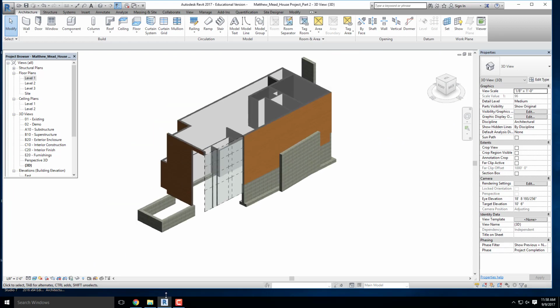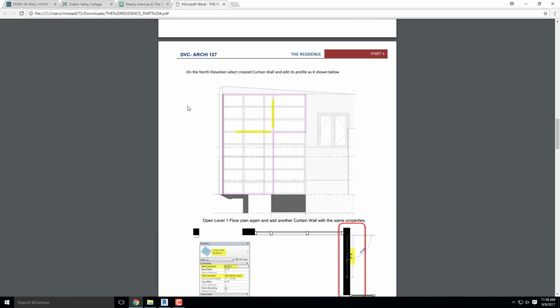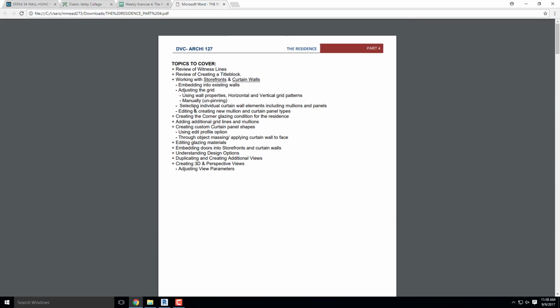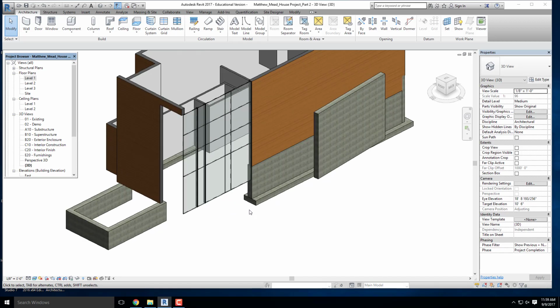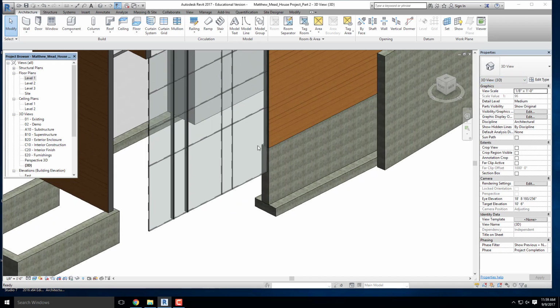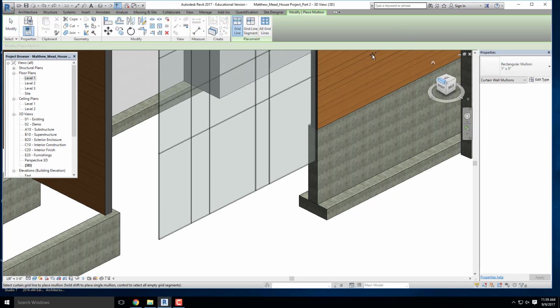Good? Okay. Let me go back, I'm sure I'm forgetting something. So we've looked at embedding into existing walls. We've looked at adjusting the grid using wall properties, both horizontal and vertical grid patterns. We've also looked at how to manually adjust the grid by unpinning, and selecting individual curtain wall elements, including mullions and panels. We've looked at that. Oh, we didn't look at panels. Let's look at that. Let me add some mullions really quickly